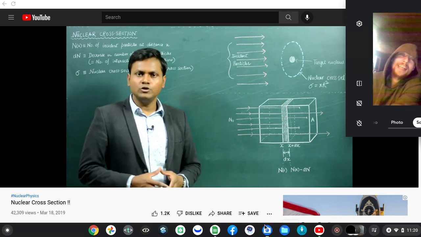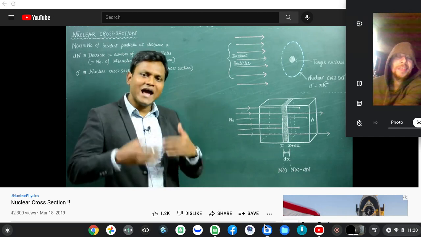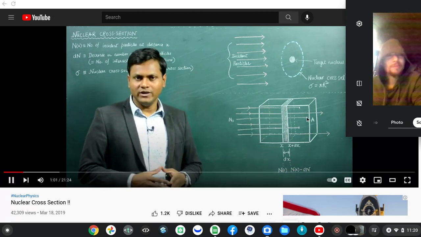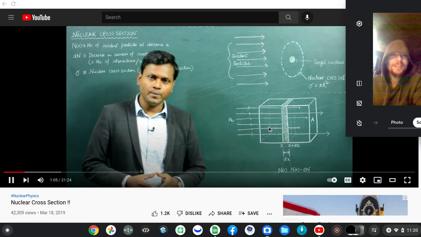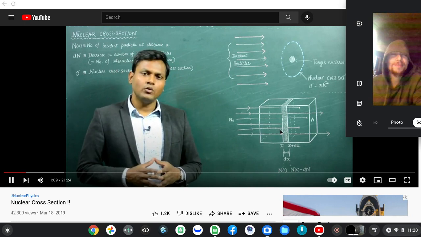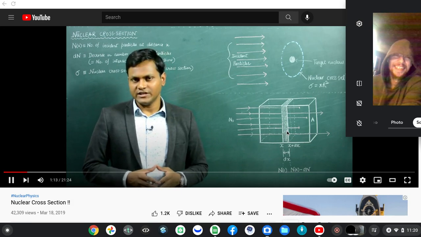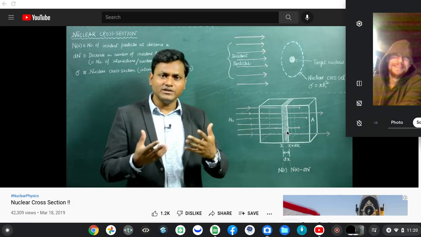Now, is it possible to calculate how many of these incident particles will actually interact with the target nucleus and lead to some sort of a nuclear reaction, and how many of these incident particles will penetrate through? To do that kind of a calculation, we need to understand something known as nuclear cross section. So nuclear cross section is simply defined as an area around the nucleus on which, if